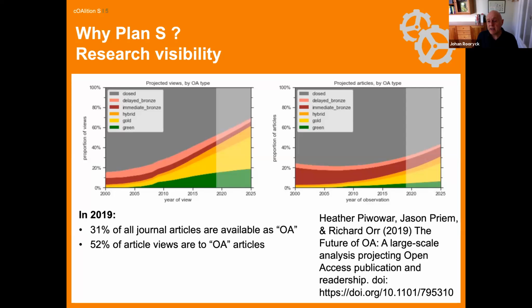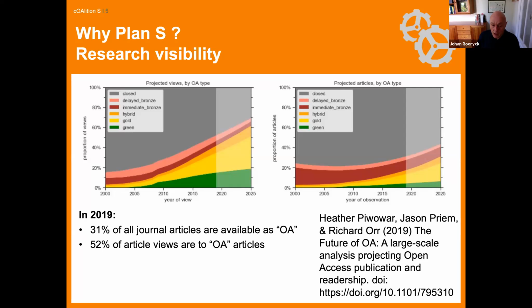Now, why is that? It's very easy to understand, of course, that an open access article is immediately available. You don't have to go behind a paywall. You don't have to pay up 30 euros or go through your library in order to get it. You have immediate access. A few clicks on your phone or on your computer, and there you go. You have everything at your fingertips.